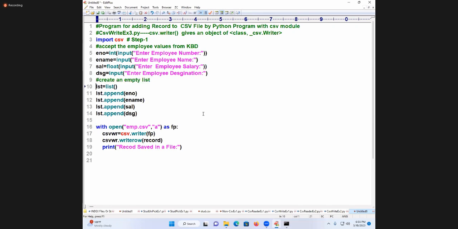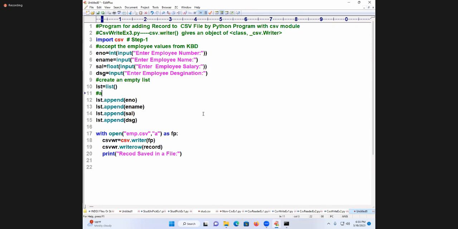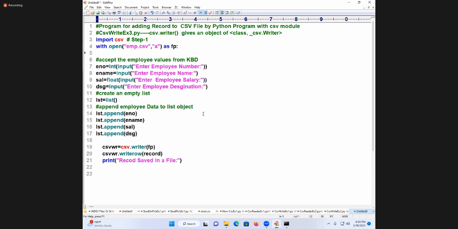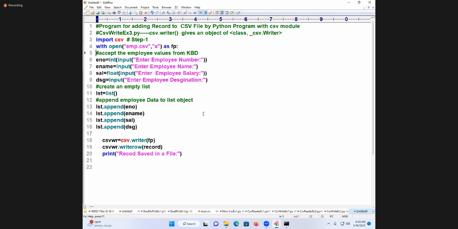Create an empty list. The empty list is created. Append what data? Append the employee data to what object? The list object: lst.append, lst.append. Of course, now you are writing. This file is there now. You can write in the beginning itself, no issue, students. Are you following? Accept the data. This is the one. What is the next one? Create an object of